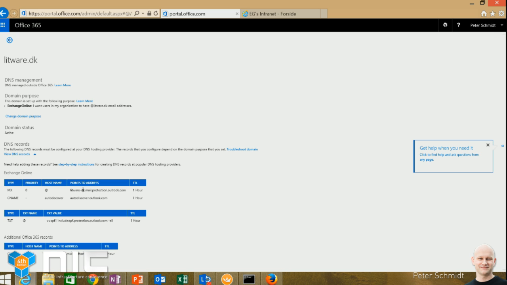But for me to use EOP as a smart host for my on-prem Exchange environment, I need to put in this address as a smart host on my on-prem send connector. When I've updated my send connector on-prem for this, all mail going out of my on-prem environment will go to the EOP.